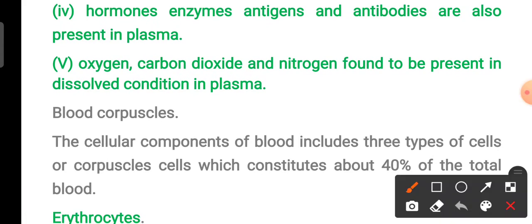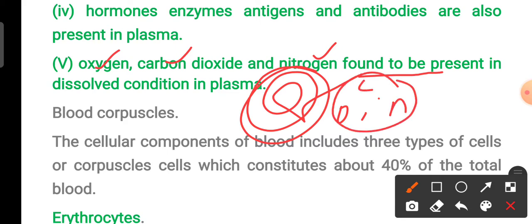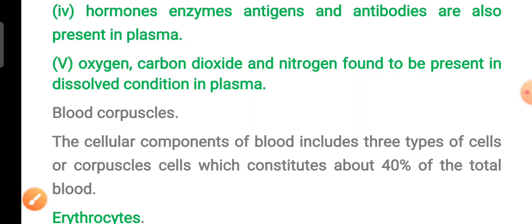And the last point, which is very important, is that oxygen, carbon dioxide and nitrogen are found to be present in dissolved condition in plasma. यानी जो प्लाज्मा है, प्लाज्मा के अंदर आपको ऑक्सीजन, कार्बन डाइऑक्साइड एंड नाइट्रोजन भी मिलेगा। दैट इज ऑक्सीजन, कार्बन डाइऑक्साइड एंड नाइट्रोजन। ओके, दिस इज अबाउट प्लाज्मा एंड वी आर गोइंग टू टॉक अबाउट